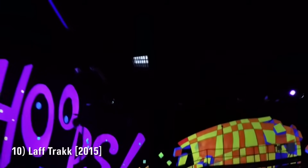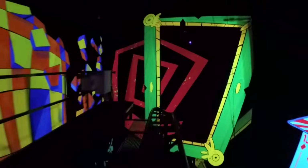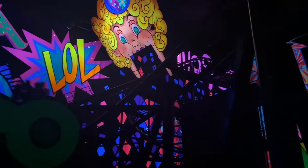Number 10, Laugh Track, opened in 2015. Hersheypark's only roller coaster located indoors, Laugh Track is a unique experience that gives visitors something to do during inclement weather. The ride itself is a spinning coaster by Maurer Rides and a clone of a few other coasters I've ridden. But in my opinion, this is the best iteration because the theming inside the building is quite impressive. I think it adds a lot to the experience flying past funhouse theming,